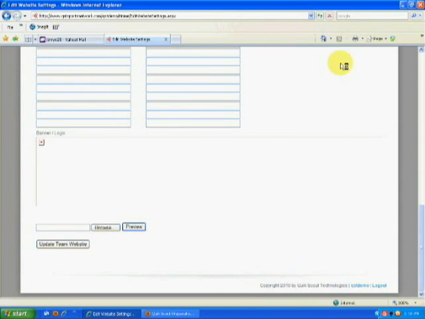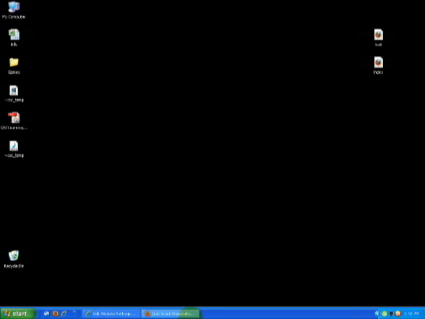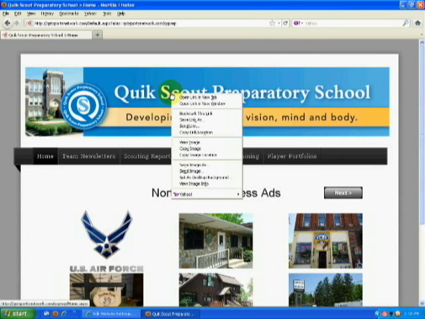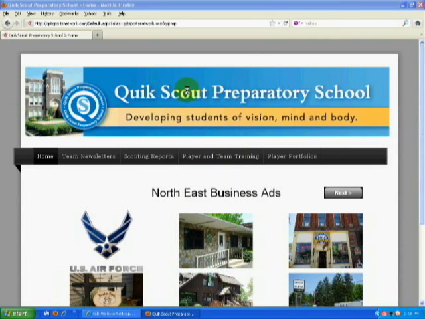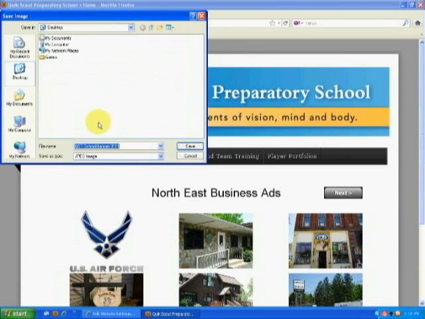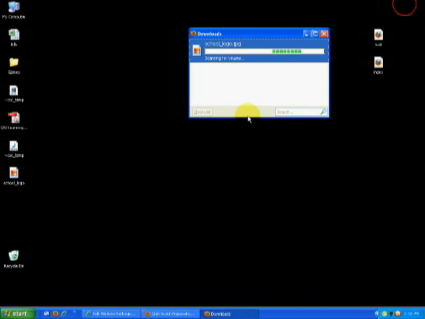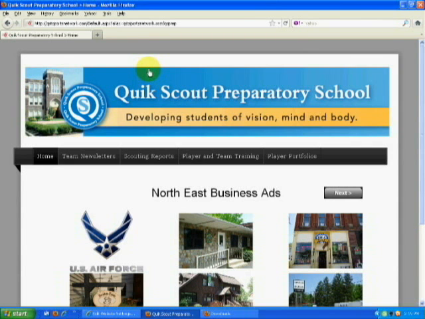I'm going to go ahead and minimize my page. You can go into any school. Let's say you go to your school's website and they have a logo at the top of the page, kind of like this one right here. All you have to do is right-click on it, and go to Save Image or Save Image As, and you can go ahead and save that to your desktop. And I'll just call it school logo, and I'll make sure it says JPEG underneath it, and I'll hit Save. And now I can close my school site and pull my page back up. And when I do that now,